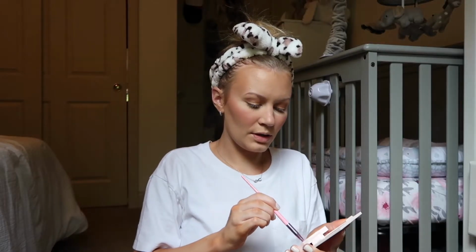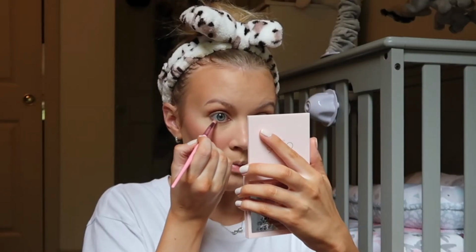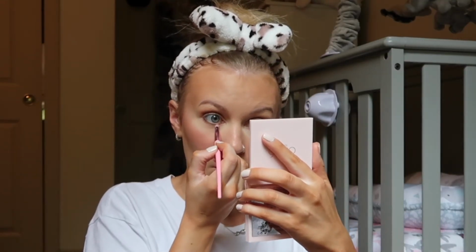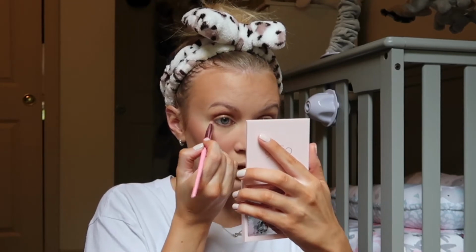Alright, now we're going to go in with this, I don't know what you would call it, maybe like a fluffy pencil brush, I'm not sure. In that same dark color that we used for the crease, and I'm going to go on my lash line. And it will also help blend that eyeliner a little bit, and also give me more of just like a smoky look. We don't want too smoky, but...